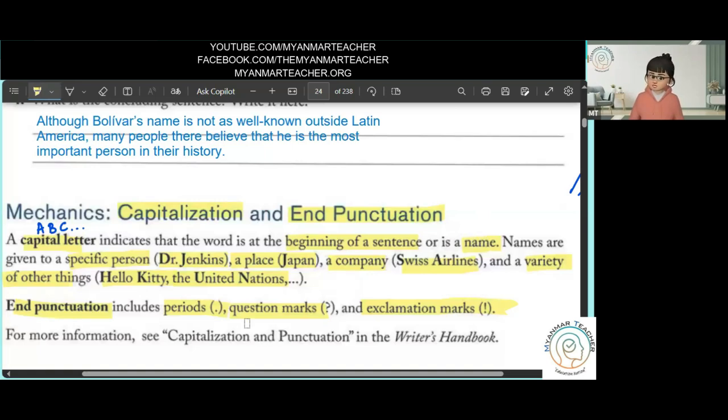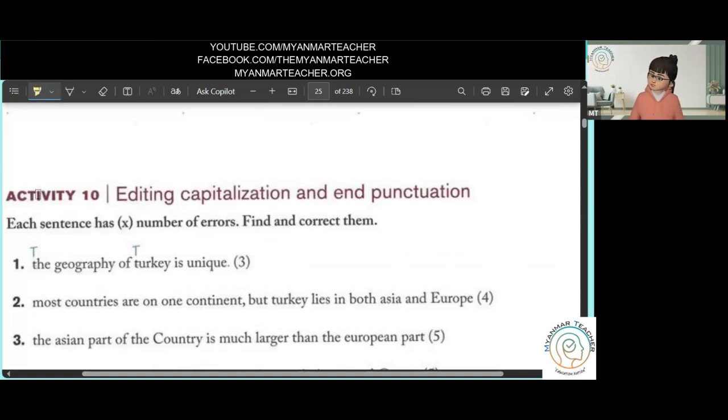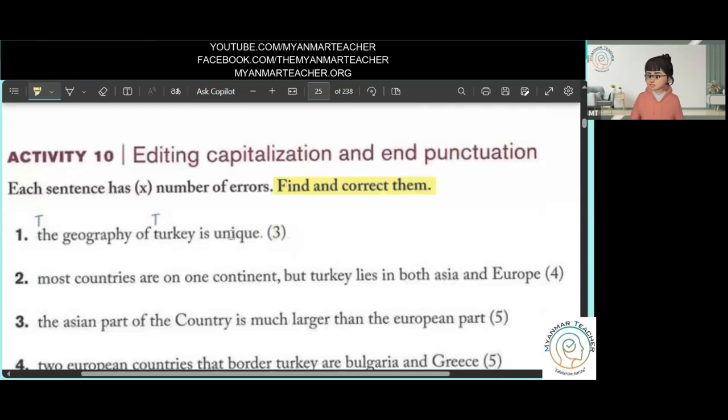capitalization and punctuation rules. So we are going to do some activities. Activity 10, editing capitalization and punctuation. Each sentence has a number of errors in brackets. Here, for number 1, sentence 1 has 3 errors, number 2 sentence has 4 errors. So you need to find them and correct them. There's an example, number 1: the geography of Turkey is unique. So there are 3 errors. Start with the first: at the beginning of the sentence you have to write it in capital. So, the geography of Turkey, place name, is unique. There are 3 errors, so maybe you need to put full